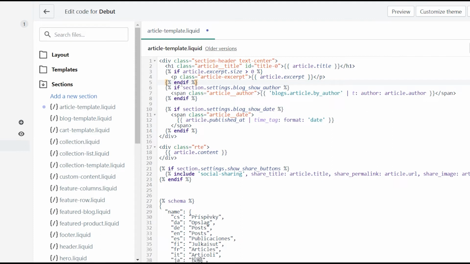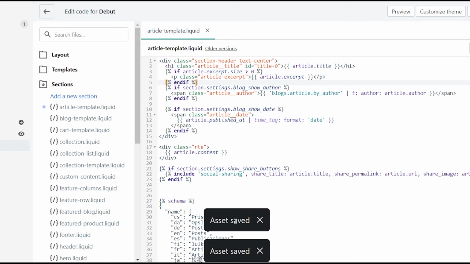And if I explain, there's an if logic. So if article script size is bigger than 0, which means if you have something in this article script field, then it will display the article script with this p tag and that class assigned to it. I assigned this class so you can implement any custom css if you want to this article. So I'm gonna save it,